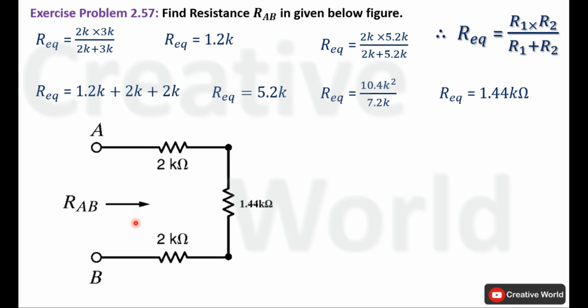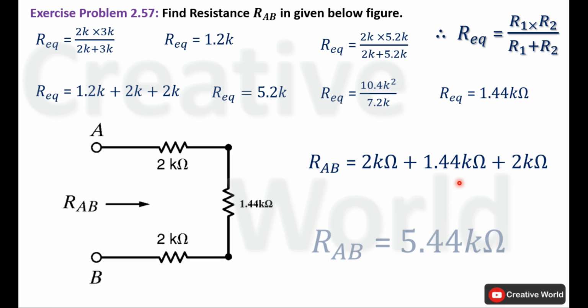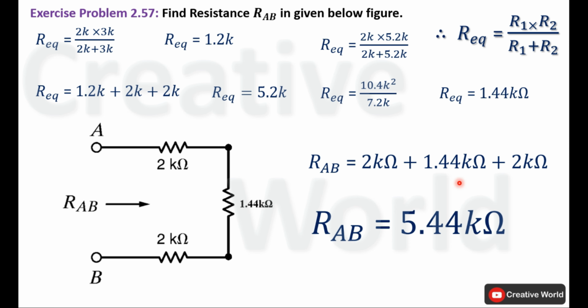We can calculate equivalent resistance between these 2 points labeled as RAB by adding these resistances together because of the series connection. So the value of RAB will be 2 kilo ohm plus 1.44 kilo ohm plus 2 kilo ohm. Add these values together, value of RAB will become 5.44 kilo ohm. So this was exercise problem number